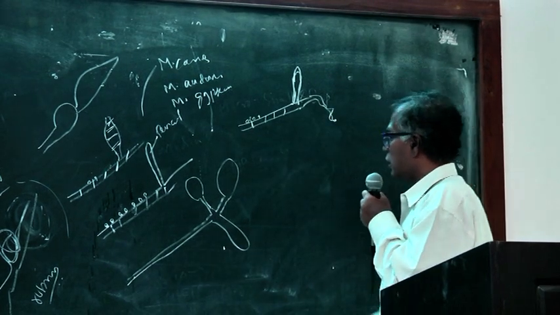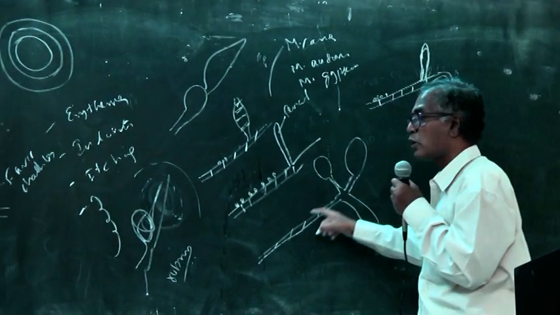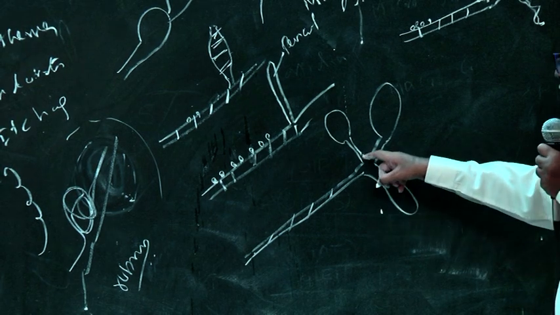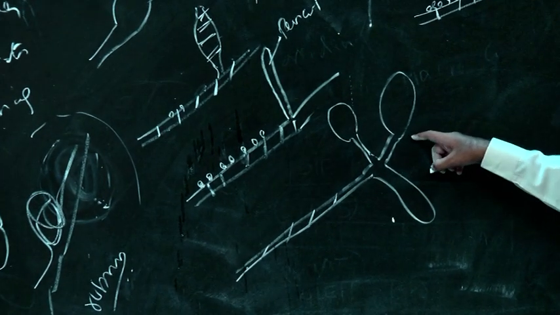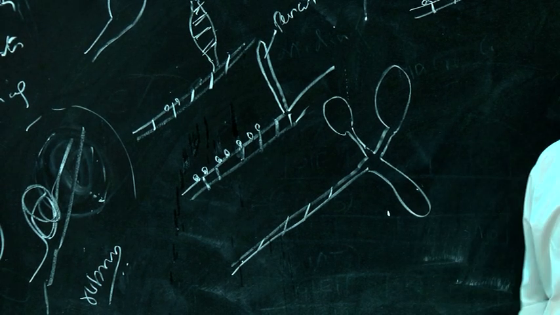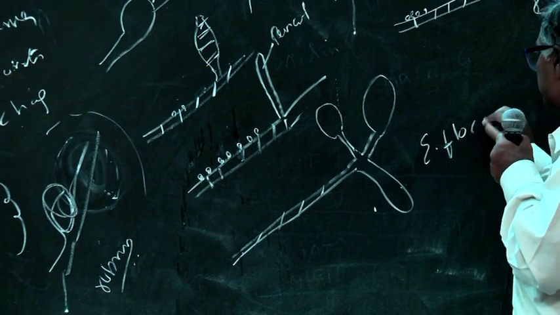Then comes Epidermophyton. This Epidermophyton is also septate. There are no microconidia. At the end of the hyphae there are multiple club-shaped or pear-shaped macroconidia. An example is Epidermophyton floccosum.